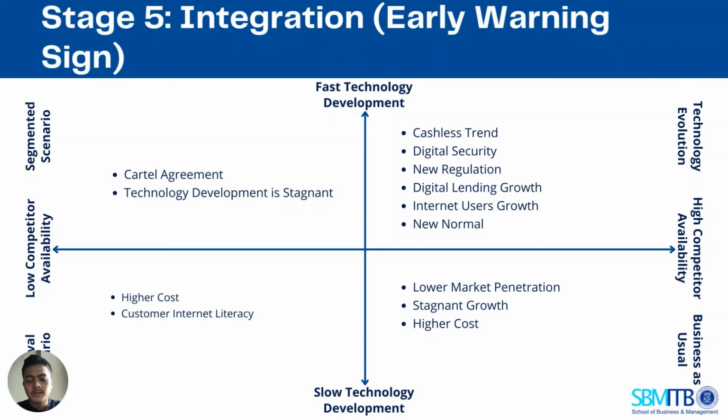And in the technological evolution, digital security becomes the main issue since the bank is using data information digitally. The banking industry is very concerned about the use of personal data. When we put the data digitally, the data has to be protected securely, not like conventional banks that keep consumer personal data inside the banks. And the internet user growth can bring new regulation of the technological evolution and bring digital banks into the new normal lifestyles of the consumer.